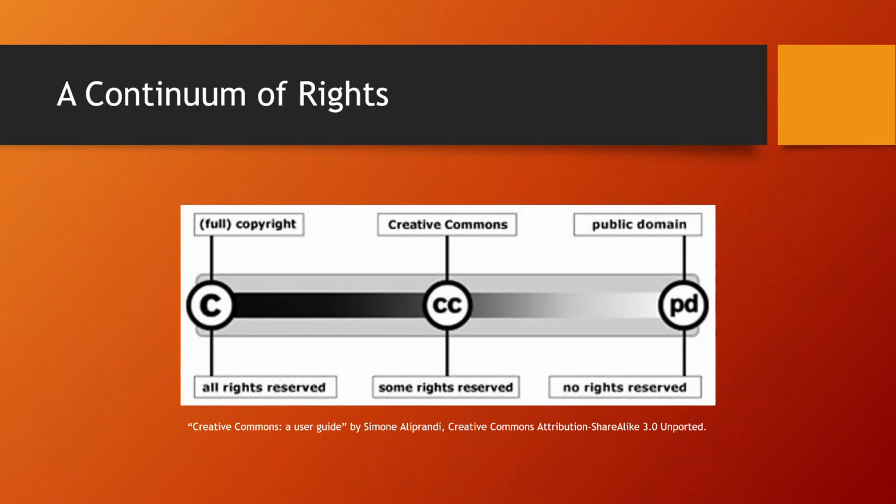A Creative Commons license does not replace copyright. That is absolutely critical to understand. It does not displace or replace copyright. Your copyright is still here. Your Creative Commons license lays on top of your copyright. It adds a layer of nuance and clarification that says, I own the copyright, I have all of these rights,